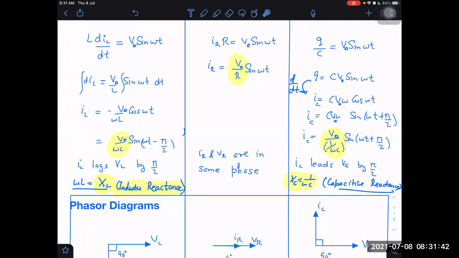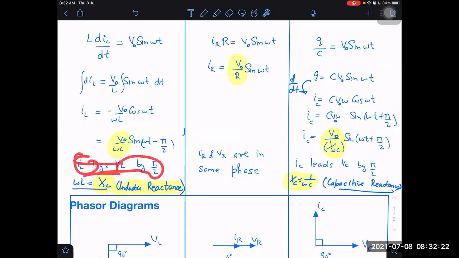But there's another trick also. I have learned it in that way, I don't have to solve it every time. I know that the inductor has a tendency to oppose the change in current. If it opposes the current, then it will not let the current increase as compared to VL. First VL will come and current will follow afterwards. That is a way to remember. Initially voltage will start increasing, but current will take some time to increase. It will not be increasing at that time. It will be lagging behind.